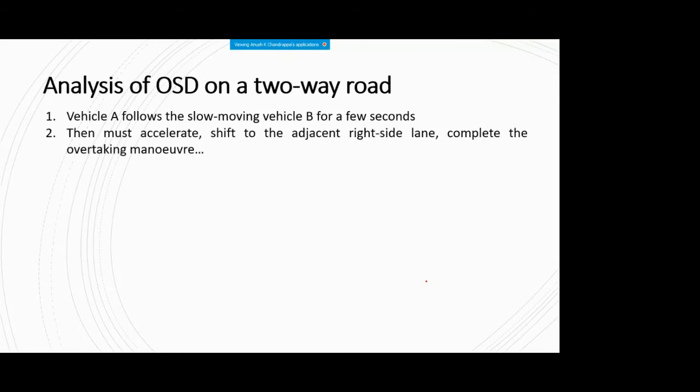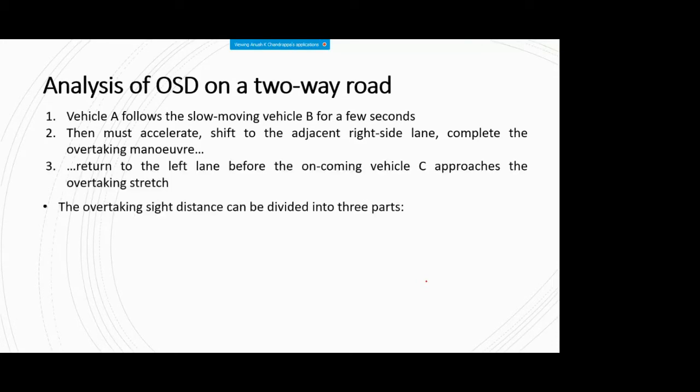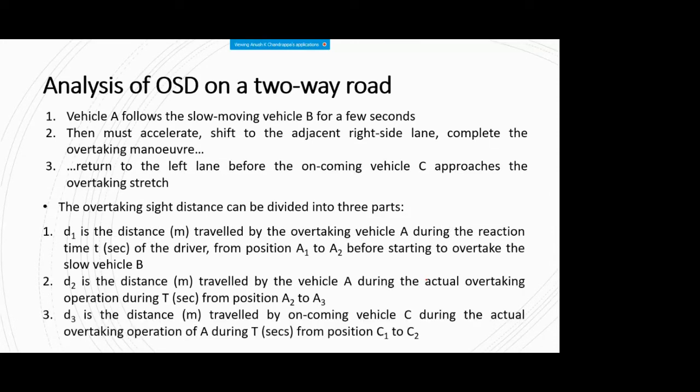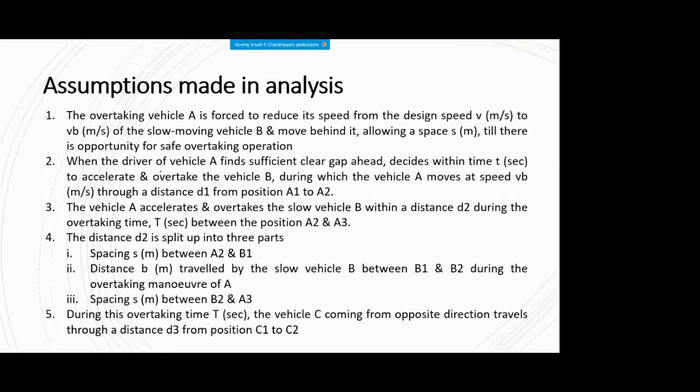Now, whatever the scenario I narrated in the last lecture, how the overtaking operation actually takes place, and while explaining it I also told you some assumptions that were made: that we consider V speed, we consider VB speed, we consider this distance. All that assumption and narration is just written in theory form in these two slides, in this one which is the analysis of OSD, and in this slide which is the assumptions made. So you can just very well read. It's the same thing that I have narrated in the last lecture and till now as well.